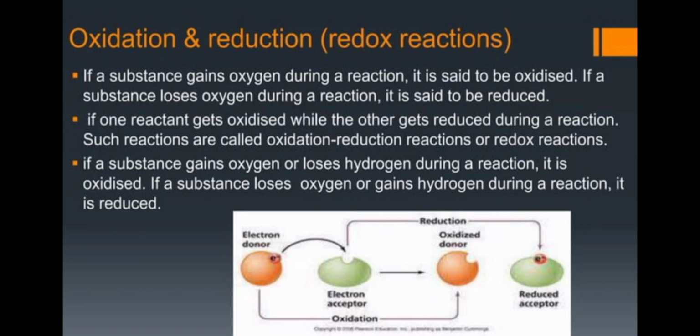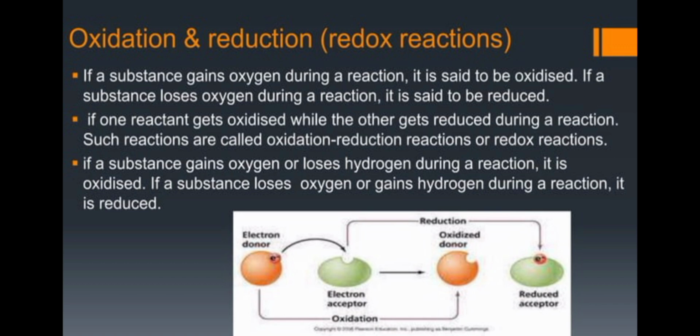Oxidation and reduction, redox reactions. If a substance gains oxygen during a reaction, it is said to be oxidized. If a substance loses oxygen during a reaction, it is said to be reduced. If one reactant gets oxidized while the other gets reduced during a reaction, such reactions are called oxidation-reduction reactions or